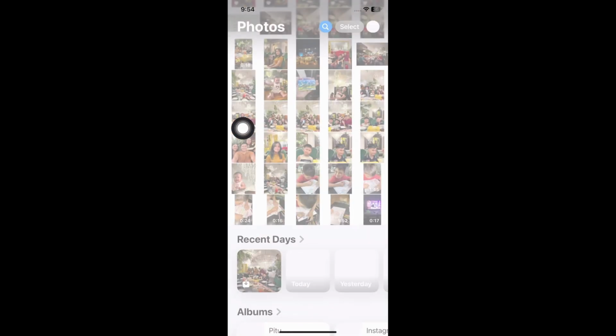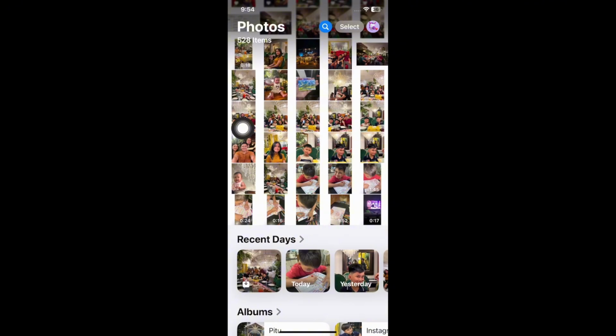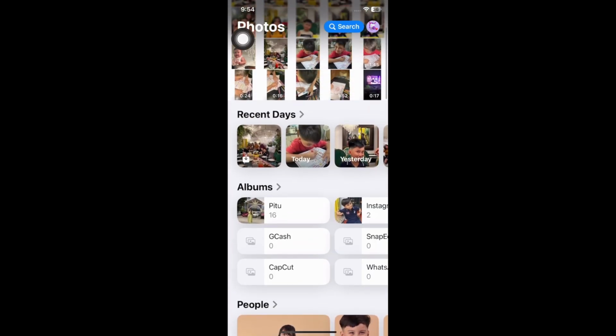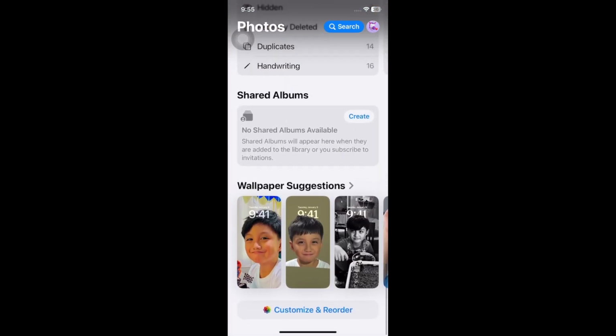Photos app. And once you're in here, at the very top, you will receive a shared album invitation. Also, when you go ahead and scroll all the way down, under Shared Albums, you'll be able to see it here as well. So all you've got to do is just accept it, and then once done, you're good to